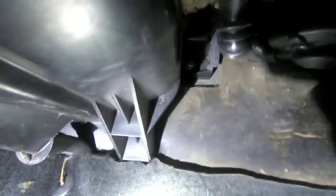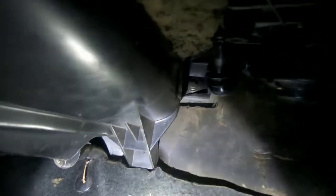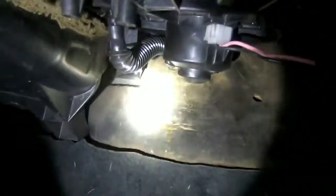Then I did show you also this one here. Get some light up in there. Right there behind the tube. Oh man, not a good camera person, am I? Right there. That one right there. 12mm. Got to take that nut off in order to get enough play to be able to pull down the basket. And then also up in here,